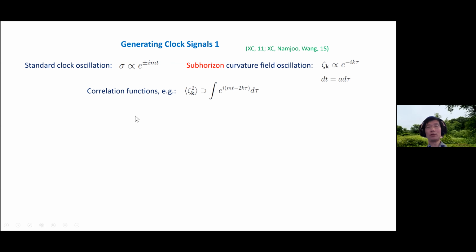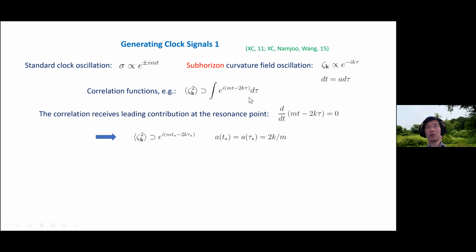So when we talk about the correlation functions, we are interested in a convolution between these two factors, because these oscillations will appear as a coupling through the field coupling or background coupling to the correlation function mode functions. So we have this multiplication of two factors with some numbers determined by how many point functions we're interested in. So this integration is usually averaged out because they're oscillating, except at the resonance point where the phase is stationary, which leads to